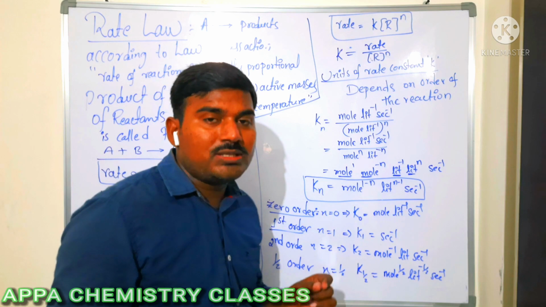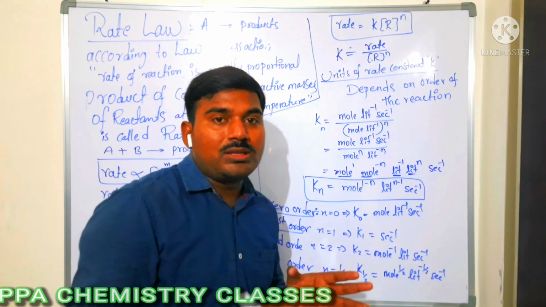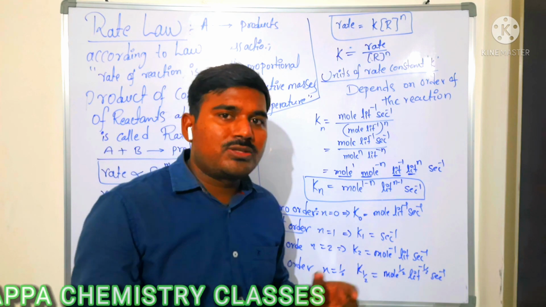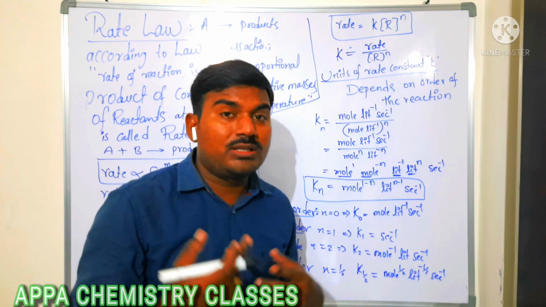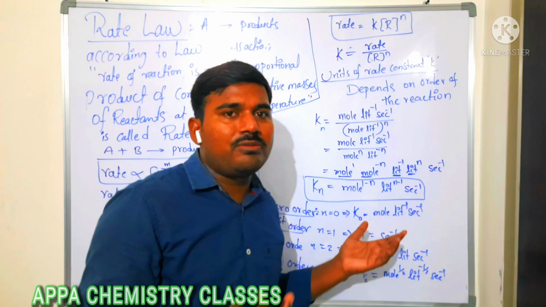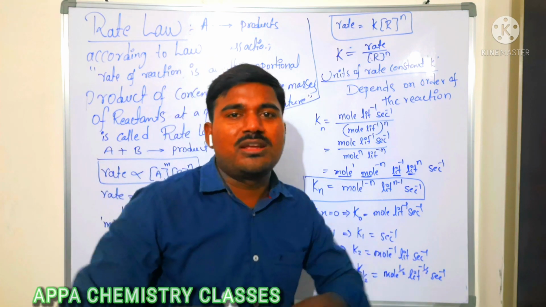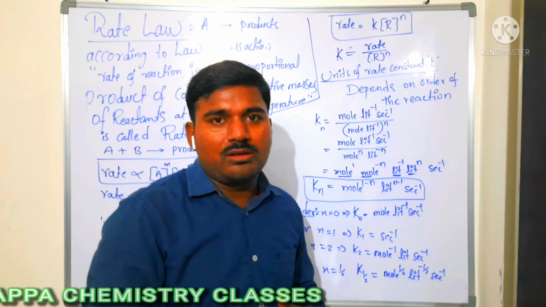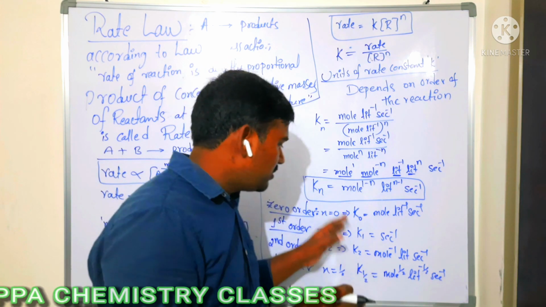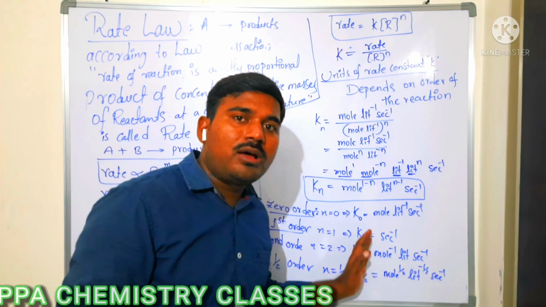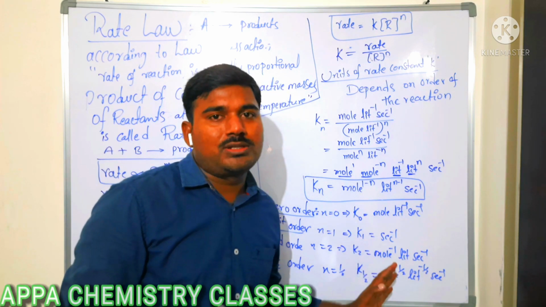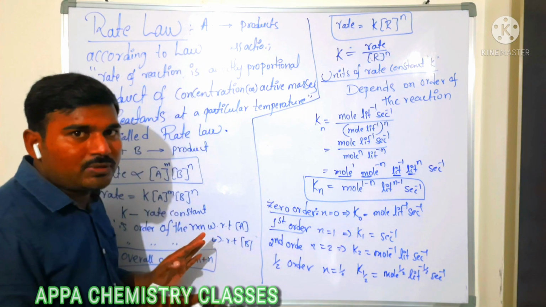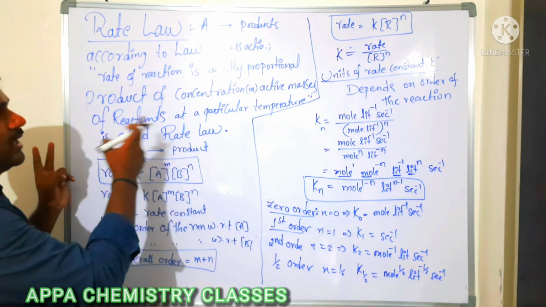In some questions, they will give the rate constant and won't give anything else. They just ask you to find the order of the reaction. Then we get confused: they have not given initial concentration, final concentration, or time, so how to find the order? So we neglect that question. Don't do like that. Observe the units of rate constant clearly and then decide. It is very important. Is that clear? So that is rate law.